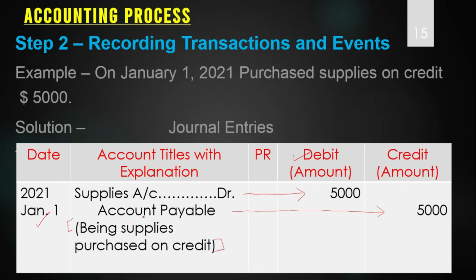After the journal entry, you need to make a brief explanation. Like this is the journal entry for purchase of supplies on credit, so you will write it being. With the explanation, always you start with this word being. Being supplies purchased on credit, that's it. Whatever is given in the question, you can write as an explanation. The explanation can be written in your own language. So there is not much problem with the explanation, but the main thing is the journal entry. The correct item should be written with the debit and in the correct column. The correct item should be written with credit in the correct column.